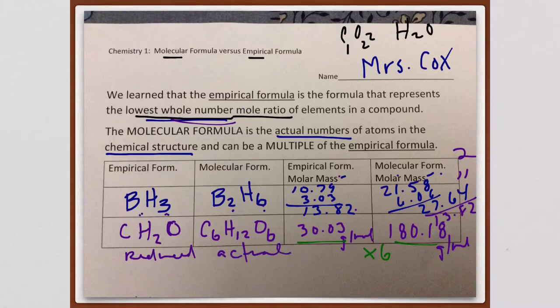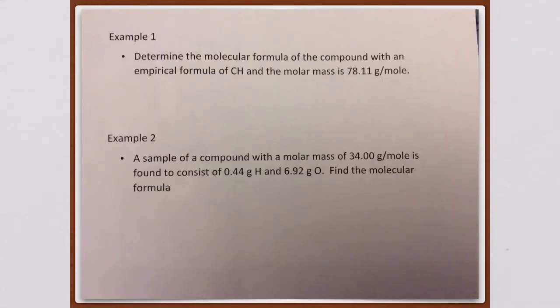Okay. Now let me show you how to use this. Let's say we want to determine the molecular formula of a compound, so that's what we're looking for. The empirical formula is CH, and the molar mass of the molecular formula is 78.11. Well, let's look at this. So the first thing we're going to need, if the empirical formula is CH, is to calculate that molar mass and divide it into this one, so we can see how many times bigger the molecular formula is than the